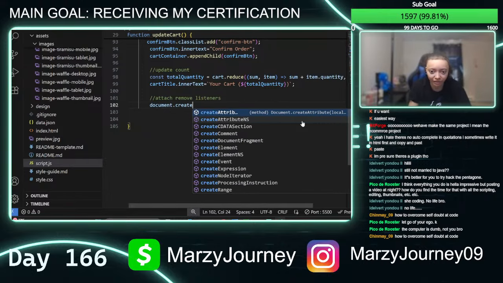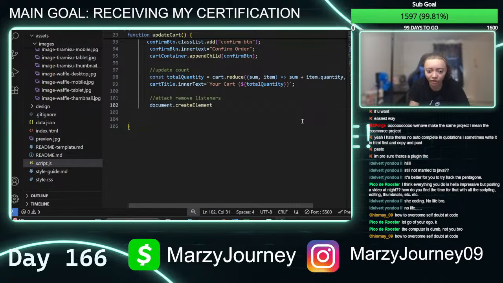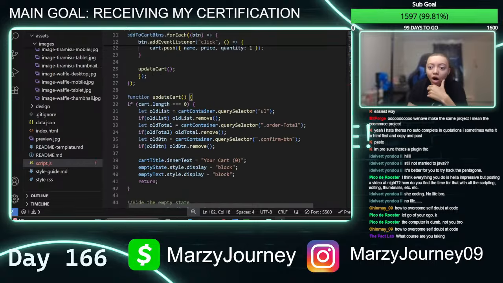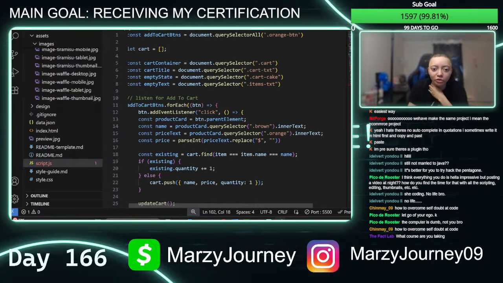I think we got to create another element here. If we're trying to do attach to remove listeners, I think we're creating, are we creating another? Oh, no, because we're attaching the remove listeners. We're not creating another element. I think we need to, but we're not adding listeners. So then that's something else that's confusing, because we're not adding listeners, but we're trying to attach the remove listeners. So I feel like for me, what exactly is the remove listeners? Oh, are they literally talking about like the remove button?